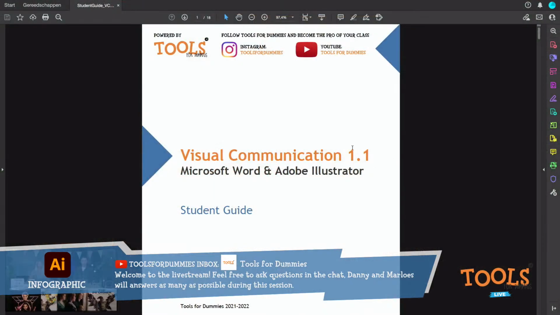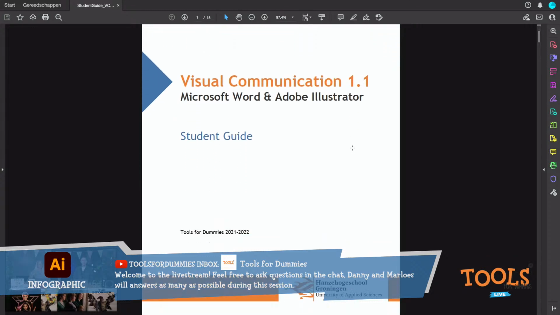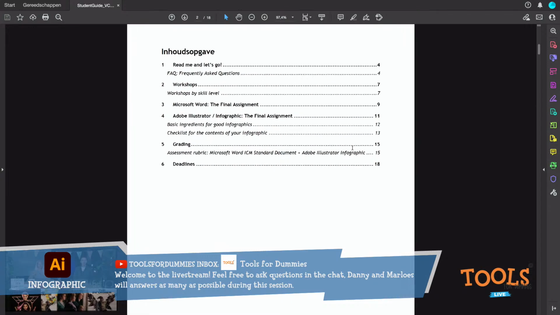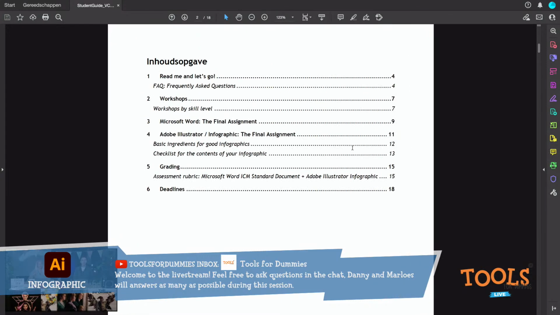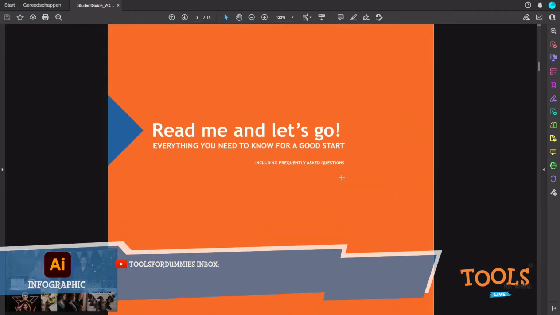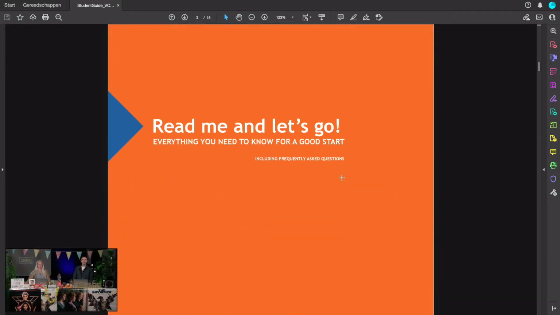The guide we made, we built from the ground up this year again, and it will tell you everything you need to know. There's also a lot of frequently asked questions in there. So please take a look at this first and just read it through. It's not that much. No. But yeah, you will get everything you need to know for a good start,